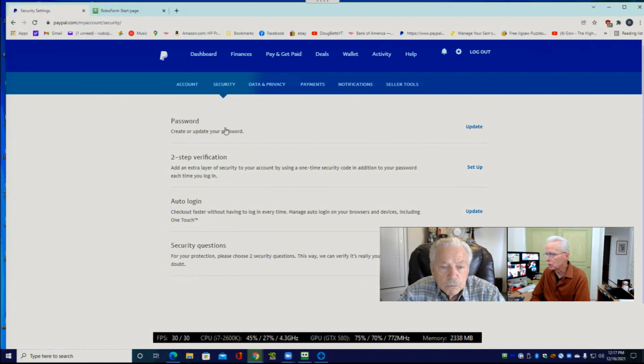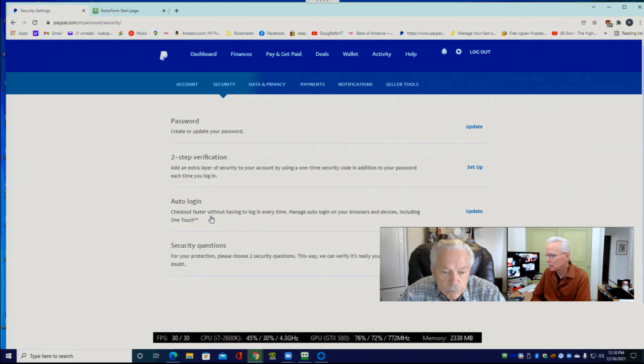So we're going to update your password. We're going to get RoboForm to know the updated password. Then we're going to go look at two-step verification, and I'm going to try to get you interested in doing that because PayPal is kind of a high-risk area for you. If somebody got into your PayPal account, there's lots of troubles that could cause you.